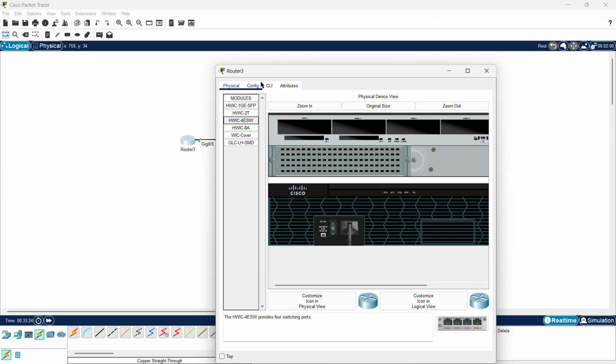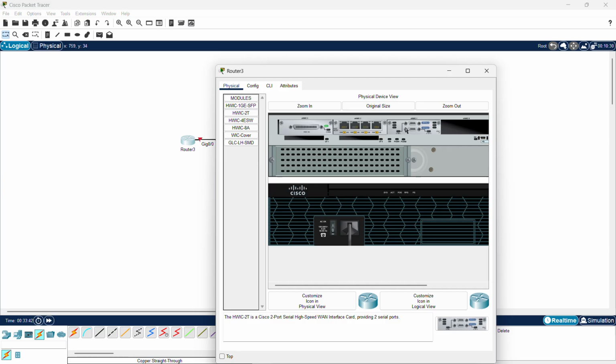In this logical mode, you will see these empty slots, but in reality, you will have many other connections, like console ports,